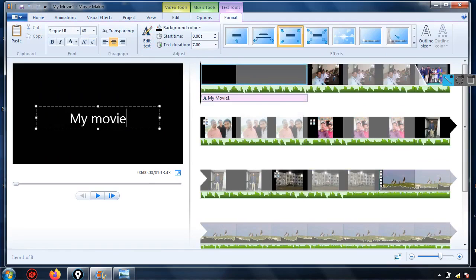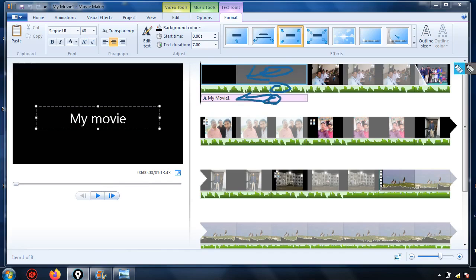Now here you can see, look, my movie. The text is displaying. This bar is for video, this is for audio, and this is for text. All of them have a separate ribbon or bar, you can say, right?